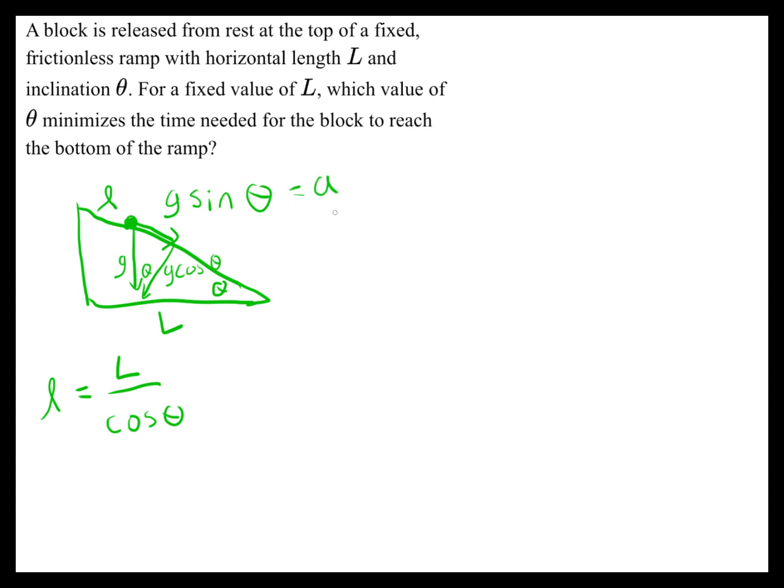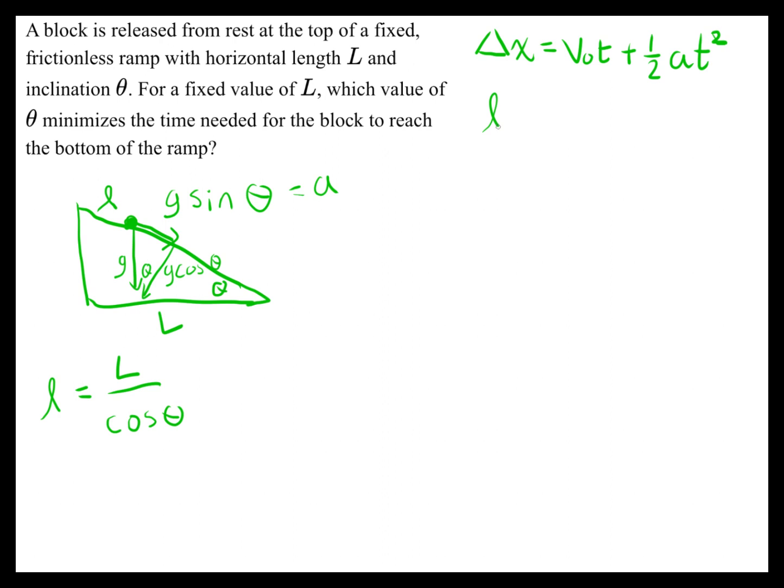And now we need to relate these to the time. And we can do that with one of the kinematic equations. So if you remember, the displacement is equal to the initial velocity times the time plus 1/2 times the acceleration times the time squared. We know that the displacement is simply from the top to the bottom of the ramp, so it's going to be the total length of the ramp,